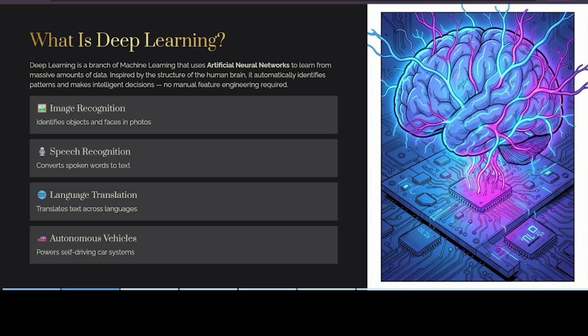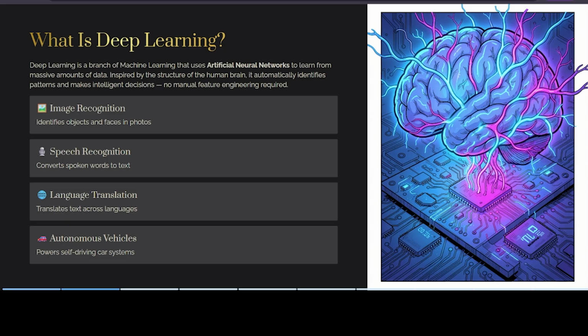So guys, in your day-to-day life we go through deep learning, okay? How? Through image recognition, which means automatically recognizing our images, like tagging our friends in photos, right? And then speech recognition is converting your voice into text when you talk with Siri or Alexa.